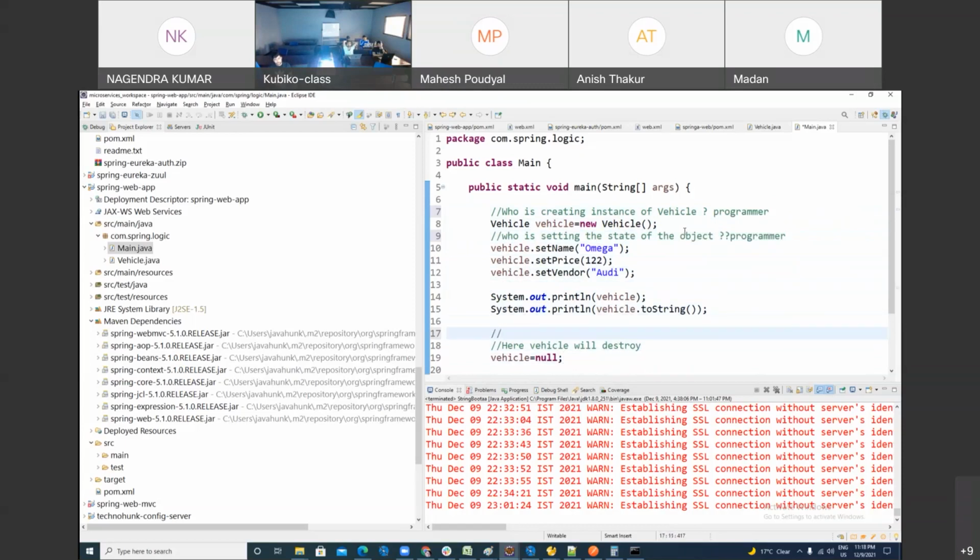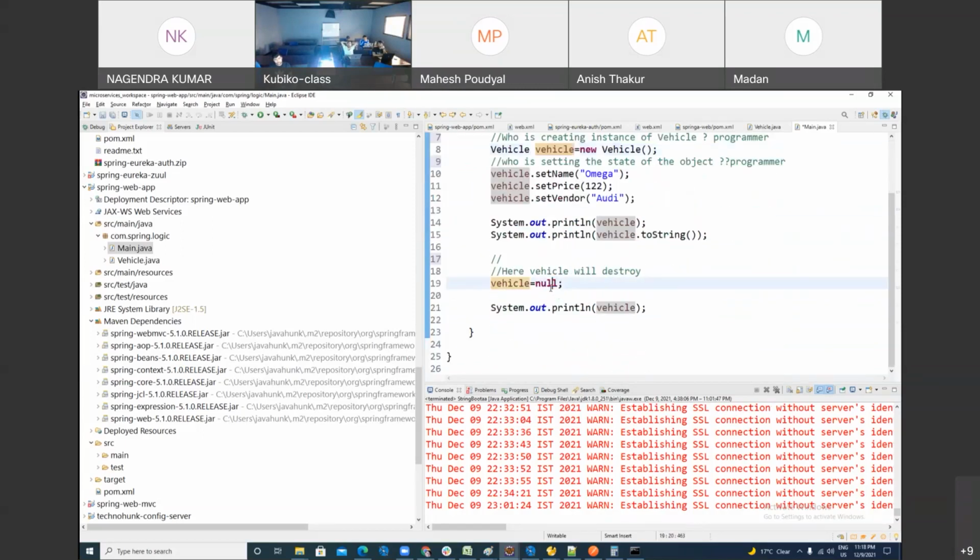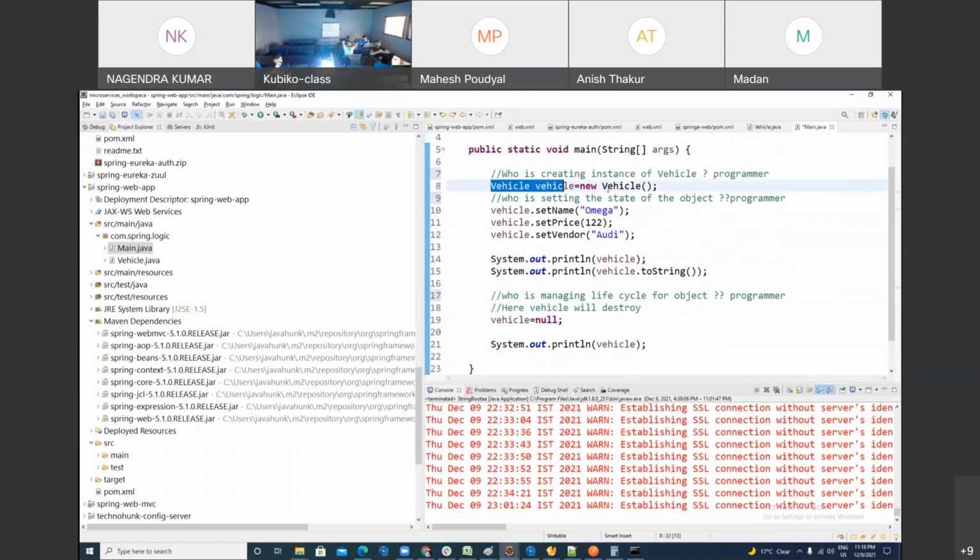Who is managing the life cycle of the object? Programmer. He's getting the object over here and here he is just destroying it, right? So can I say this object is totally managed by programmer?